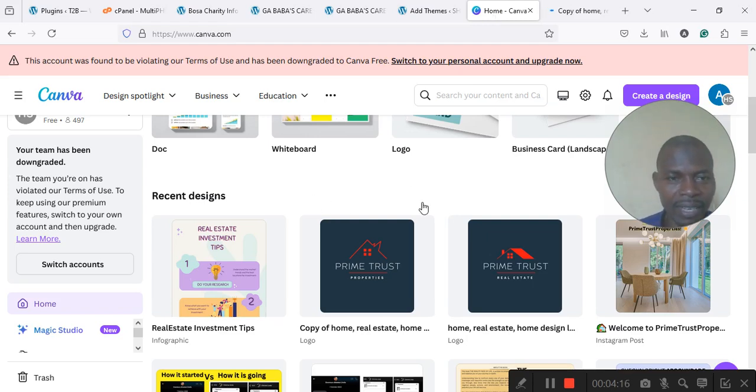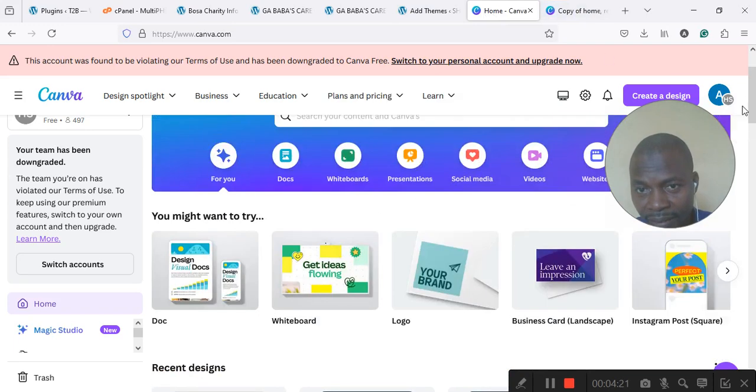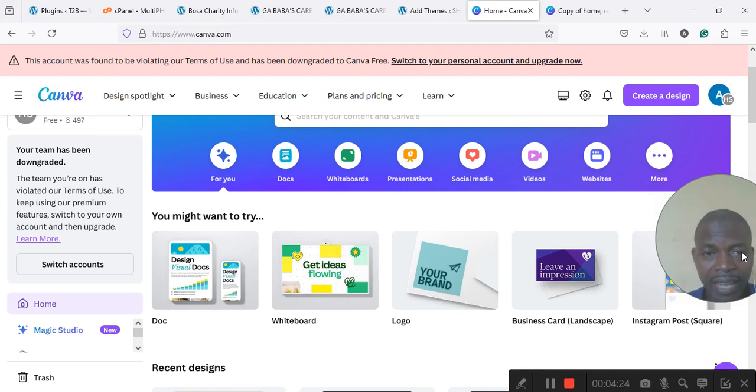So let's get started. The first part of it is that we need to first introduce ourselves to how the environment is, right? So like I said, it has different templates. You can use templates, you can design from the ground up, right? If you want to design, we'll first look at using the template and also just customizing it yourself. Do you get? So let's start from the template. Let's take, for instance, the first item on our list, which is logo design, how to design a logo. So for you to design a logo, what you need to do is that